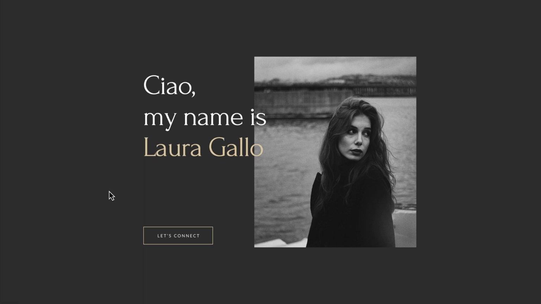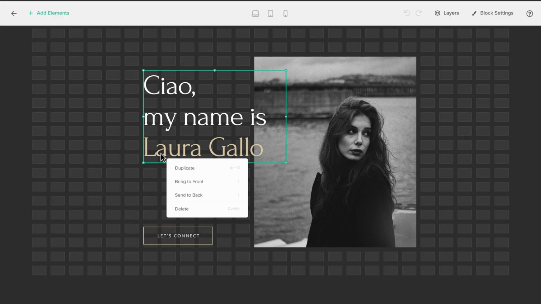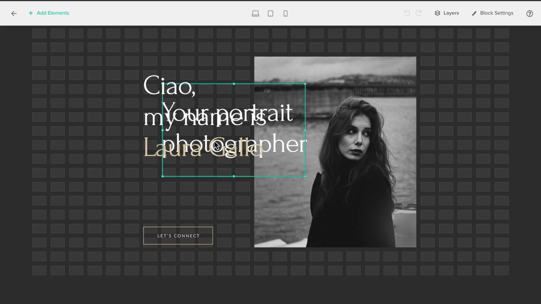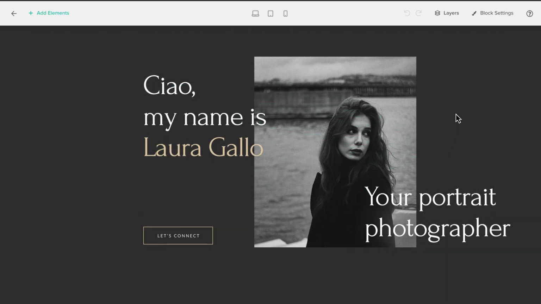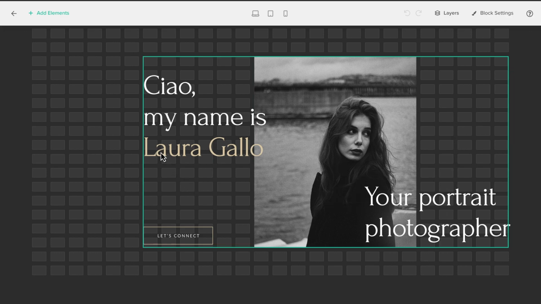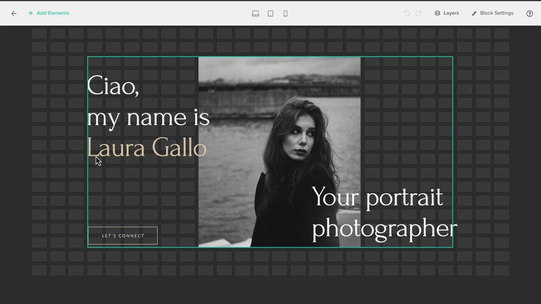To reuse the same settings with other text inside your block, duplicate your text elements and adjust the wording. You can resize and reposition text elements anywhere inside your layout, and you can also overlap them with images, videos, or shapes to create unique design